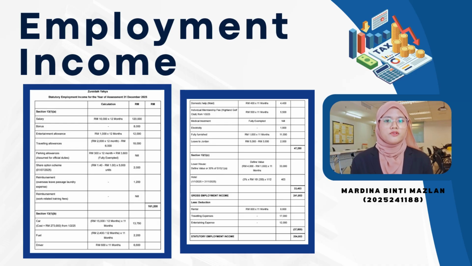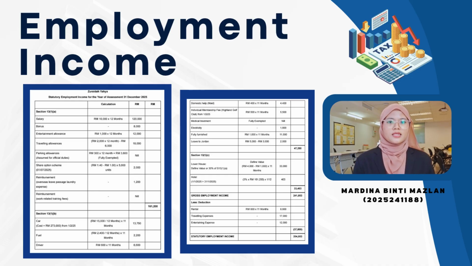She also received a travelling allowance, but only 18,000 is taxable after the 6,000 exemption. In addition, her share option benefit of 2,000 and 1,200 ringgit reimbursement are taxable, while the parking allowance and work-related training fees are exempt. Therefore, the total under this section is